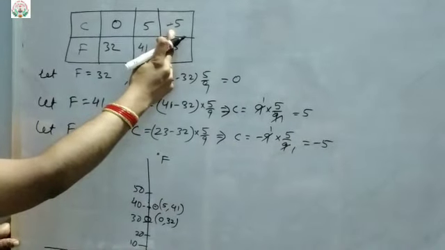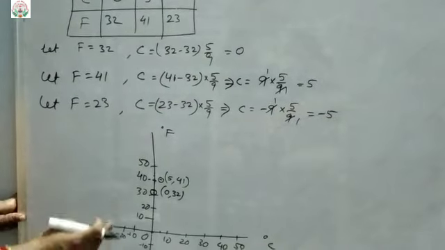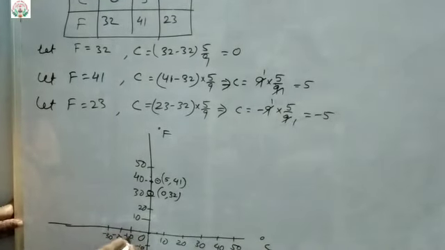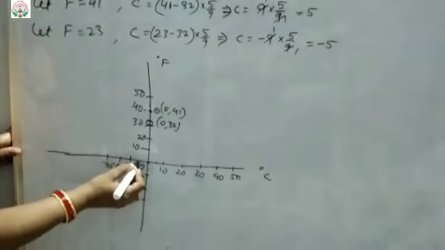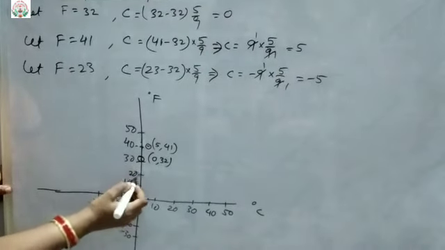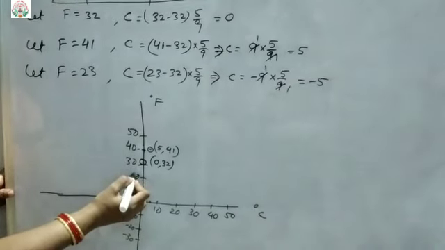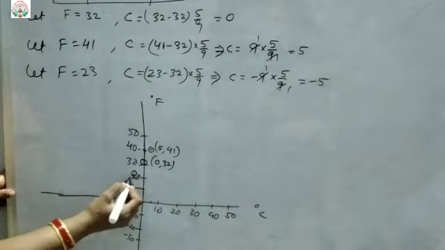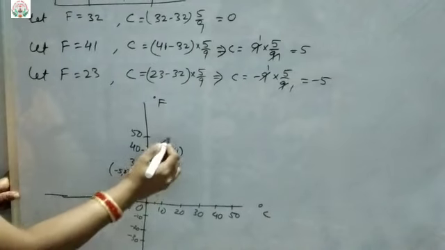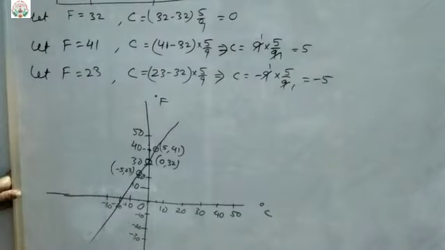Then what is next? C is minus 5. Minus 5 means it will move towards the left side of the origin. So it will be minus 5 here, between 0 and minus 10. And 23 is positive, so you will move up. After 20, 1, 2, 3 small boxes. So bring it here and put it there. So this point is minus 5, 23. Now we got 3 dots. So what you will do? Draw a line like this. Okay.